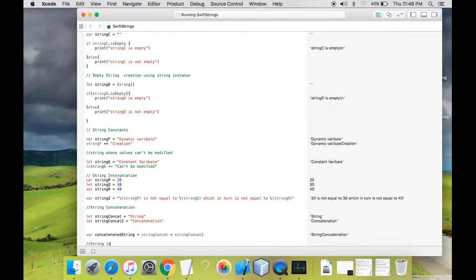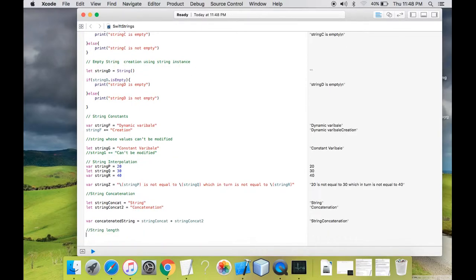You will have to use this function many times in your code. What does string length do? String length is used to get the count of the characters in a particular string. In Objective C, we directly have the property named length. You pass your string variable name, then dot notation and then the length property. But in Swift, strings do not have a length property. So if you want to get the character count of a particular string, you need to use characters.count, which I'll show you in this example.